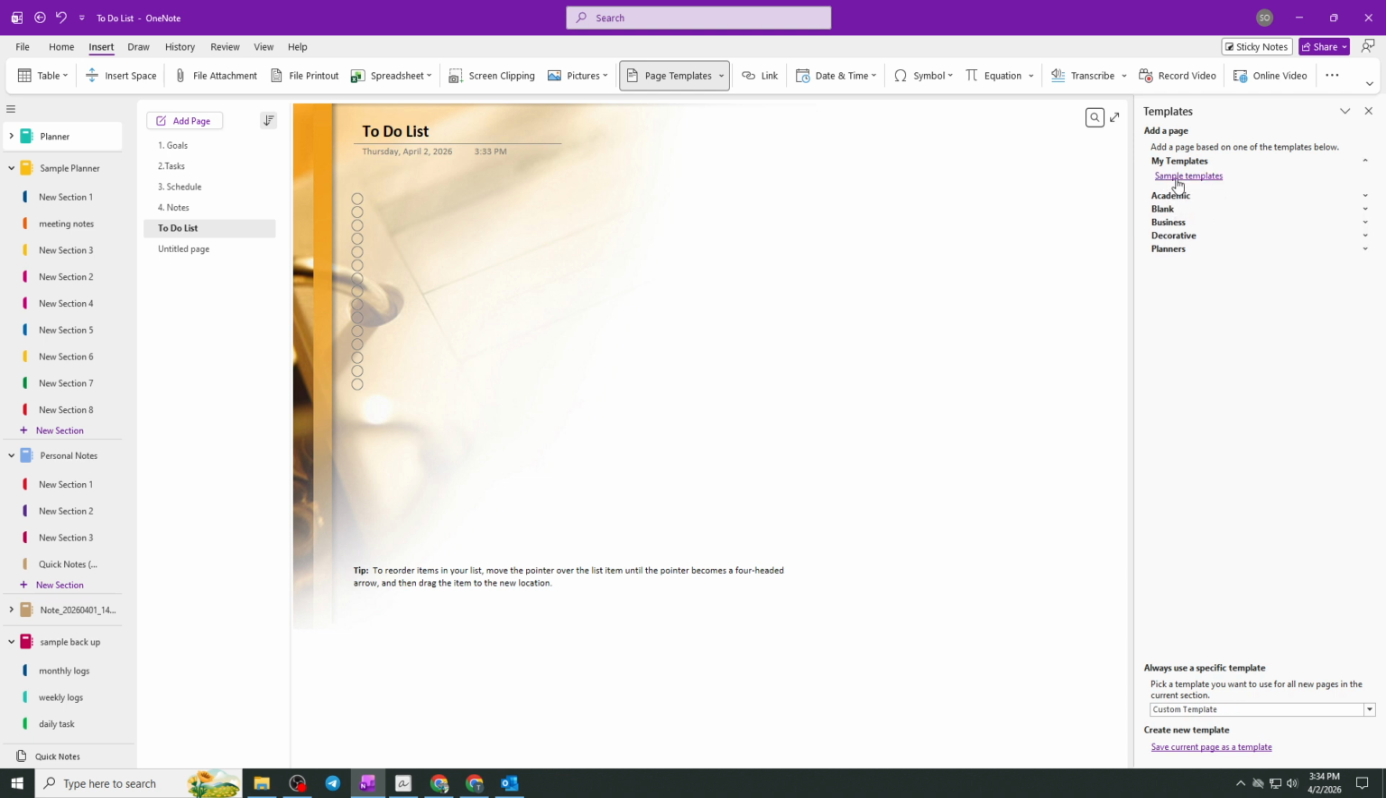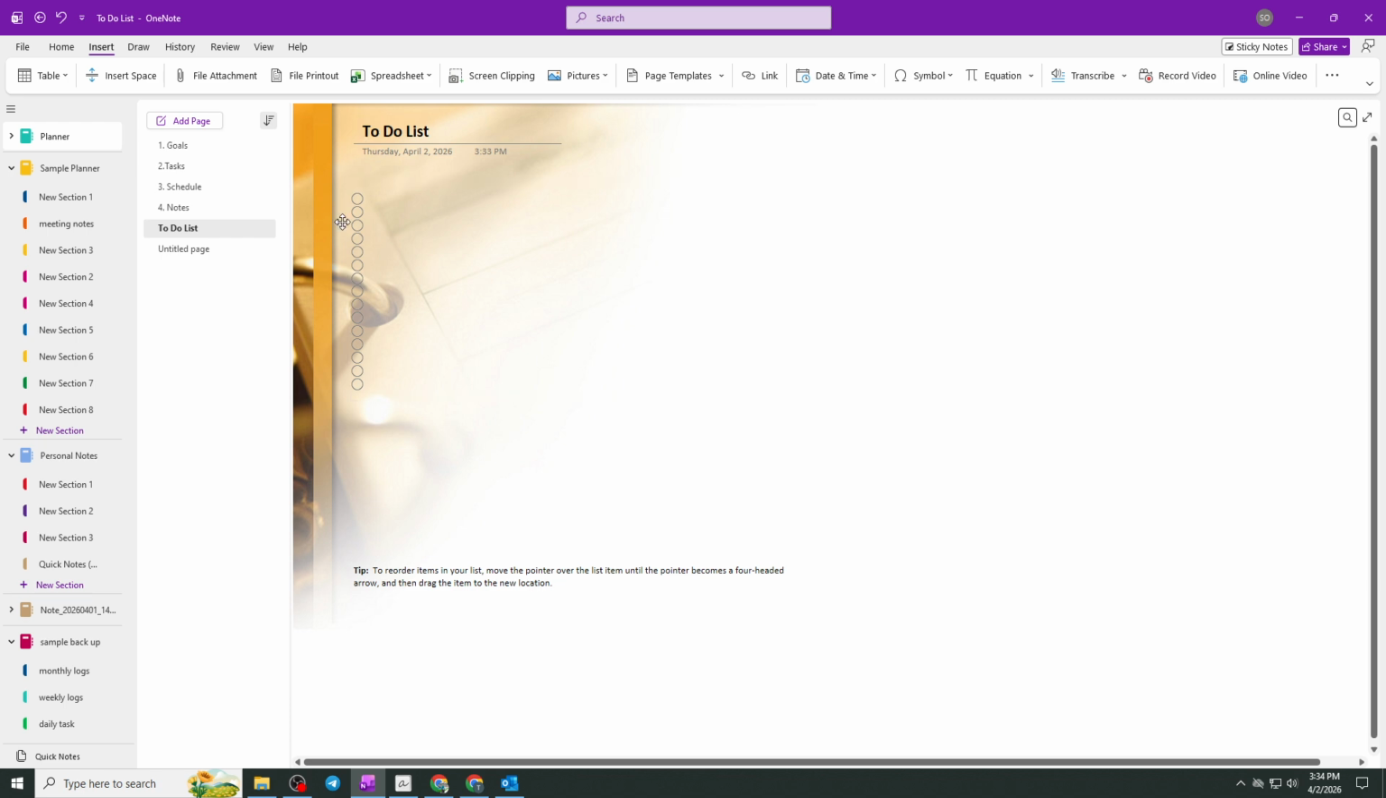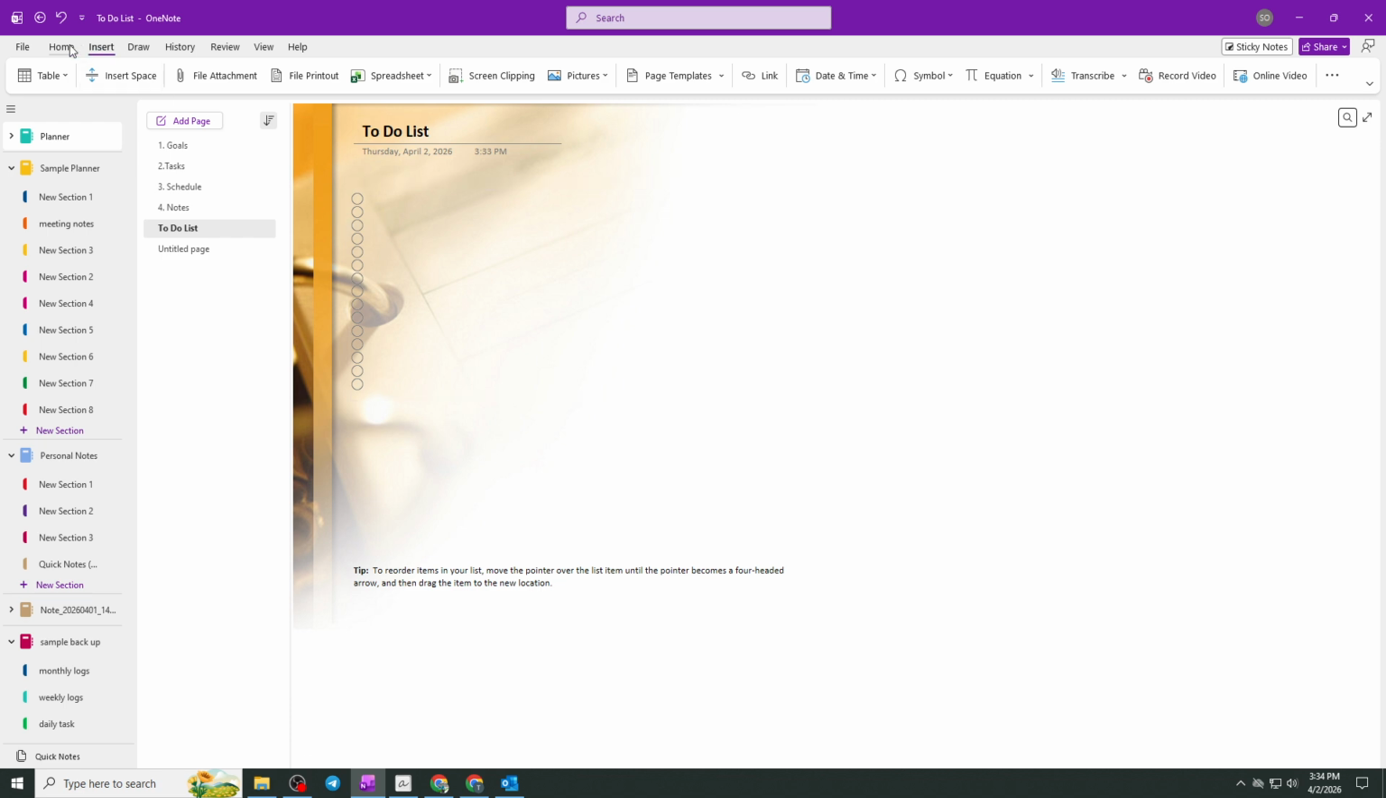Finally, close the Templates pane. Your template list will now reflect the changes, and the deleted templates will no longer be available for selection when creating new pages. By following these steps, you can manage your OneNote templates efficiently, keeping your workspace streamlined and tailored